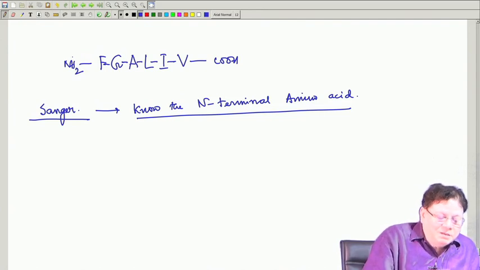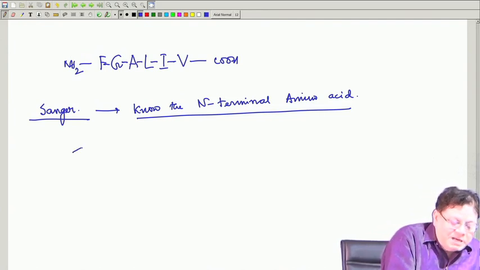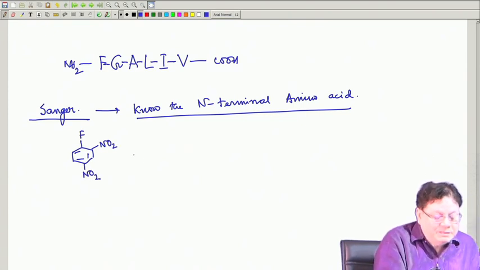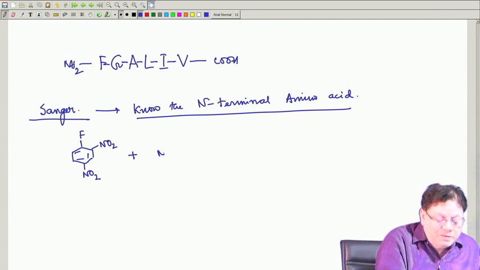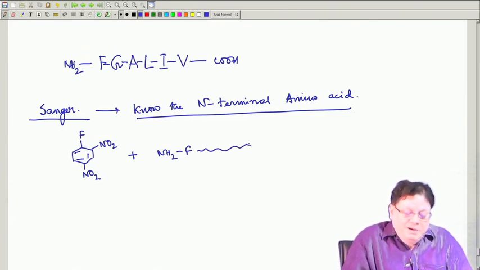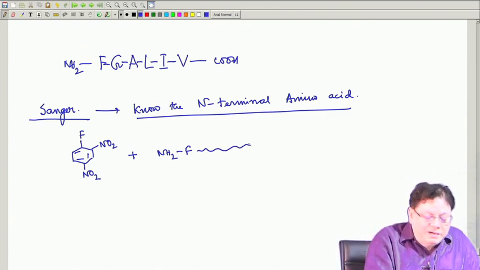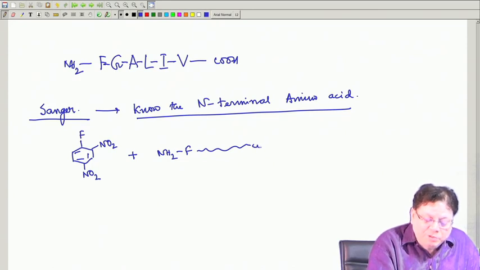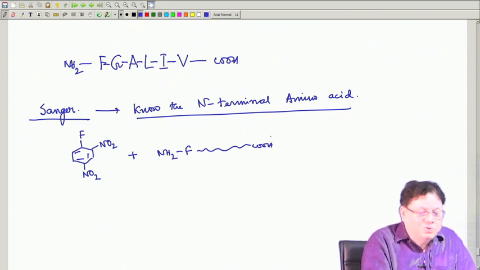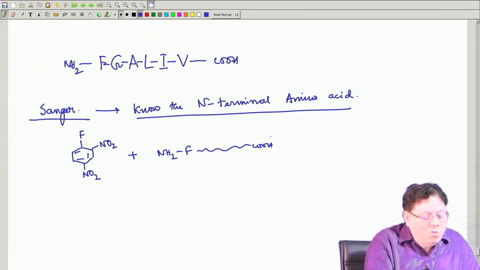Sanger's method is basically he used a reagent called 2,4-dinitrofluorobenzene. Okay. And he reacted that with whatever peptide he had. He reacted that with the peptide, that is, it ends with a carboxy and it starts with NH2. Now, what happens, this